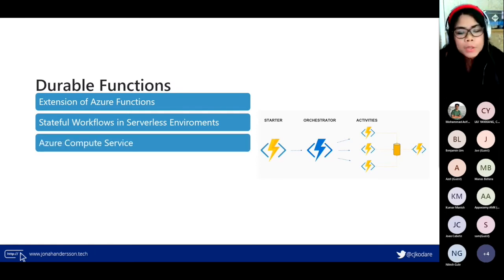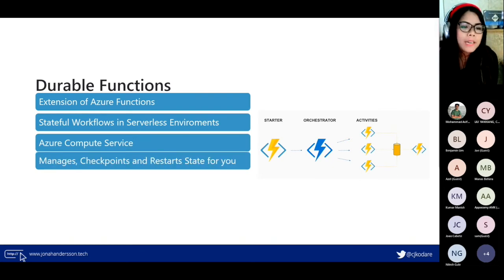It's also an Azure compute service, which means it has the same features as Azure Functions, like pay-as-you-go consumption, and it's also built in a function app, just like Azure Functions. The good thing about durable functions, unlike the normal functions, is that it manages, checkpoints and restarts the state for you.